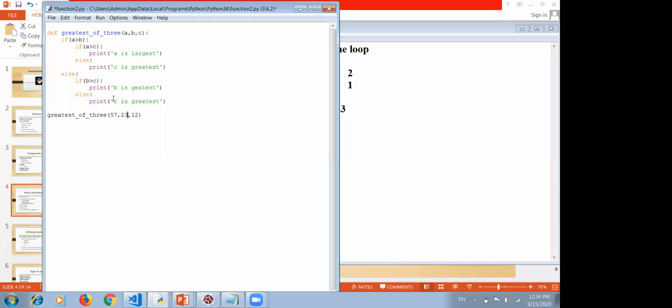So whatever the sequence we have written here, the same sequence will be followed while calling the function. So this type of argument is positional argument, that picks the value according to their position.